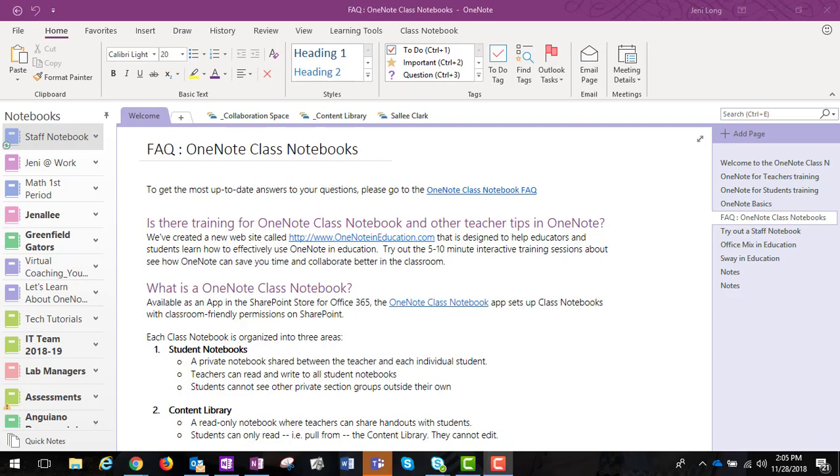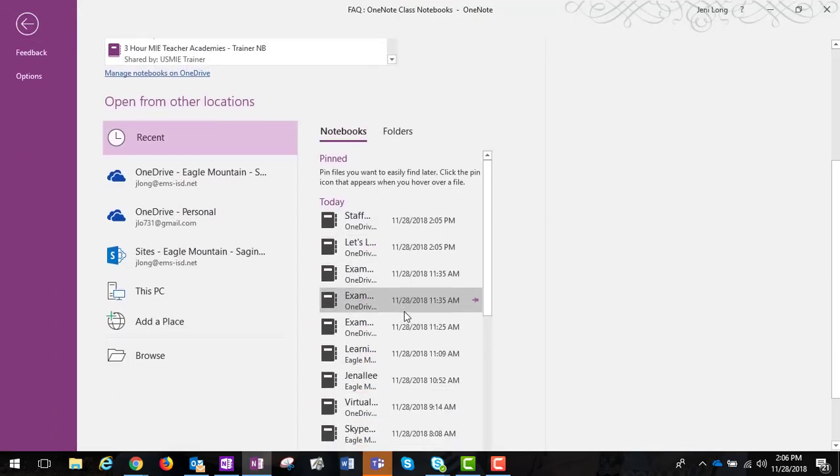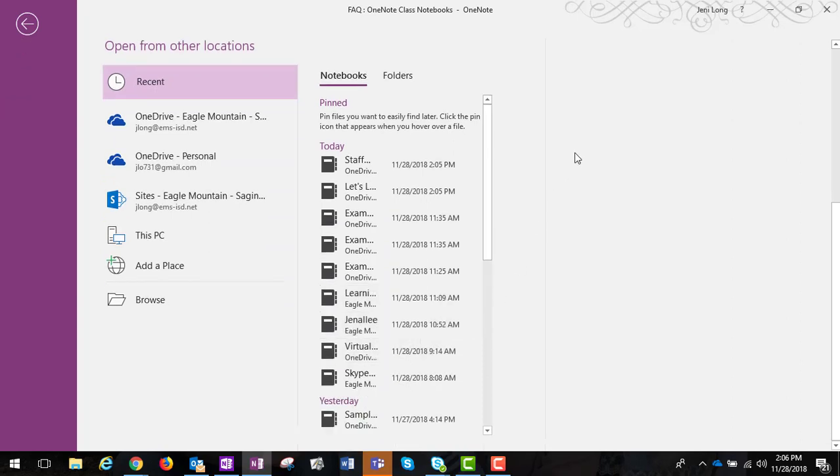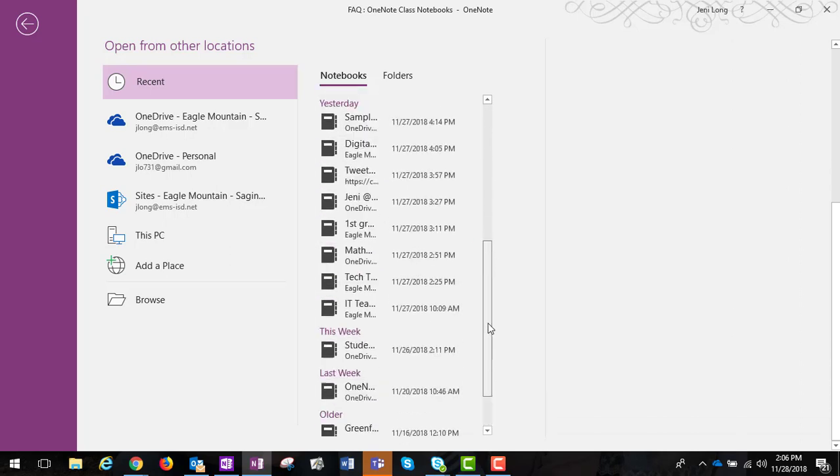The first way I'm going to show you is actually locating a notebook from OneNote 2016. So I have my OneNote open, and in the top left-hand corner, if you click File and then Open, you should actually see a list of frequent, most recently visited notebooks that you have, as long as I'm signed in. And you can see a list of all of the notebooks, and I can just kind of scroll down through here,